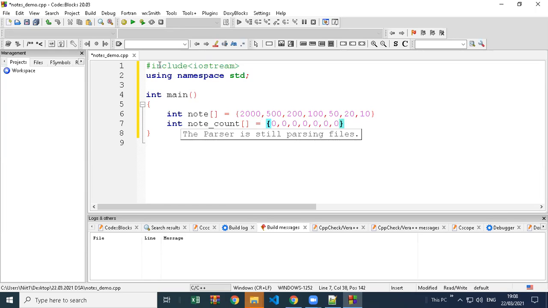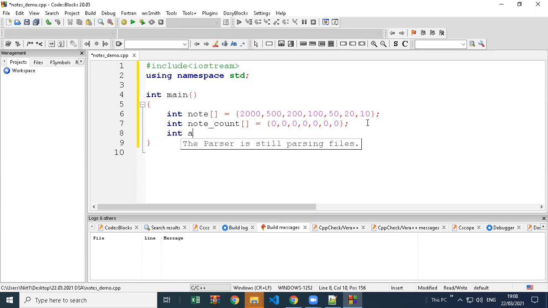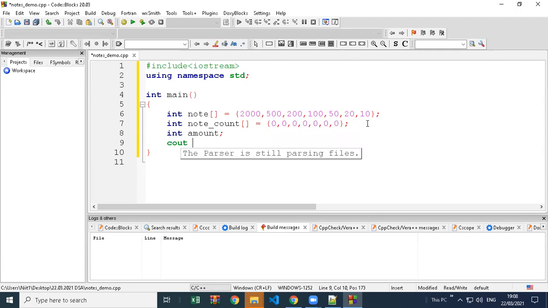So there are seven notes, 1 2 3 4 5 6 7. All note counts are 0. Okay, very good logic. And then we are creating an amount variable.